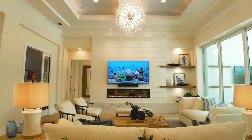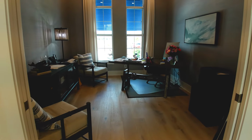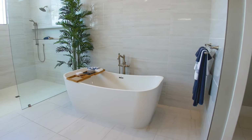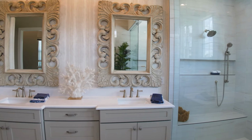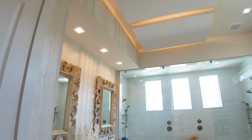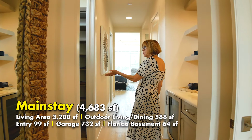Okay, so we've saved the best for last. We're gonna go by this study that has pocket doors and enter into the primary bedroom. And to the left, we find a luxurious bathroom, a spacious bath with a freestanding tub and a substantial walk-in shower. And again, the ceiling with these backlights on the hanging panels adds such a warm, spa-like feel to this luxury bath. And down the hall, we pass the first walk-in closet,